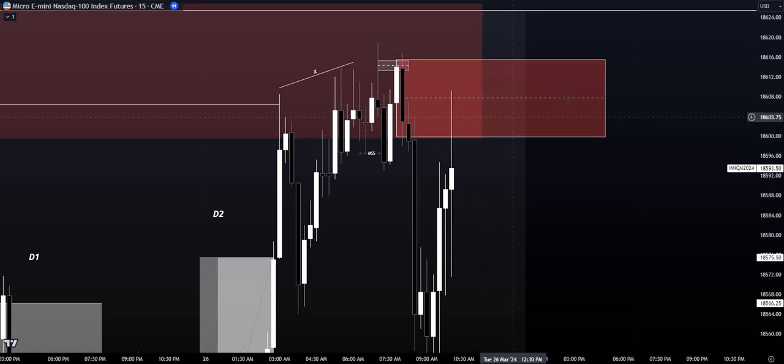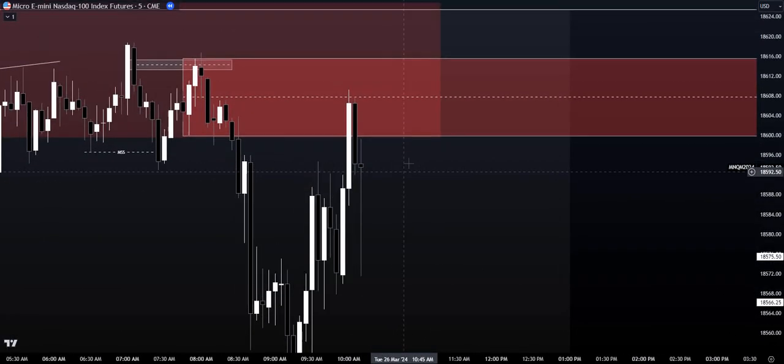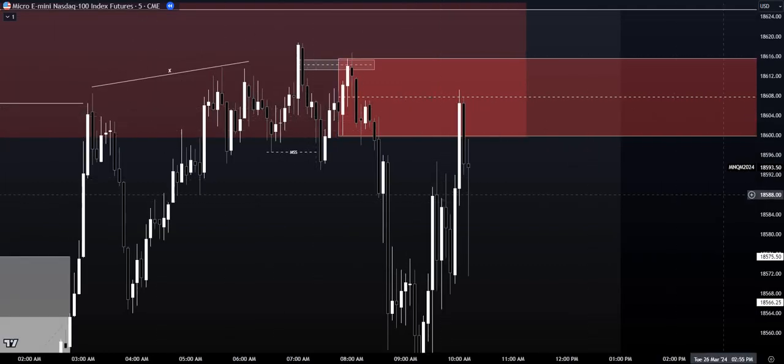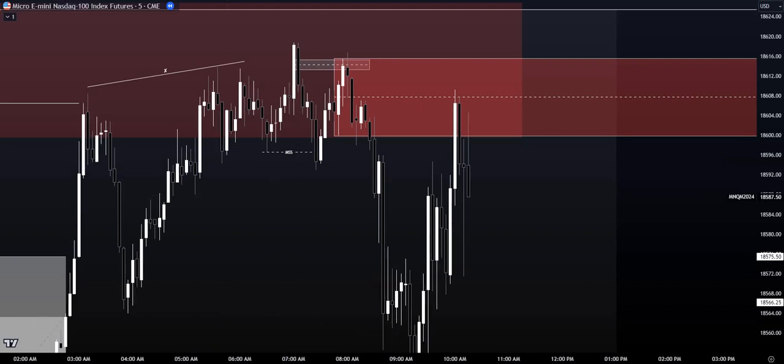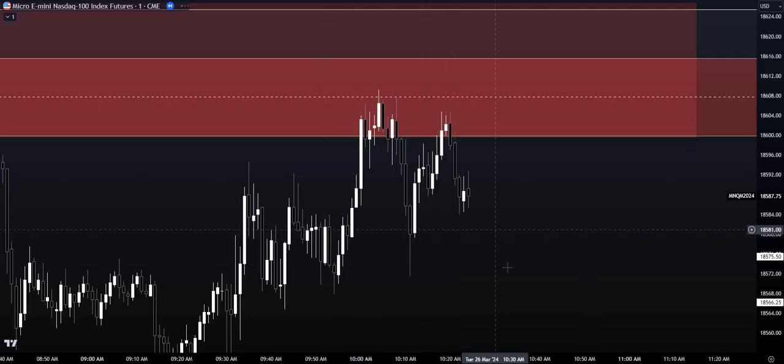All right, so we got our higher time frame PD array, which is mitigated now, which is this propulsion block here. Drop down to the 15-minute or the 5-minute time frame. We can start to find some sort of model to form for ourselves. Okay, so because of this, we can start to play price out now and see what price is trying to do here.